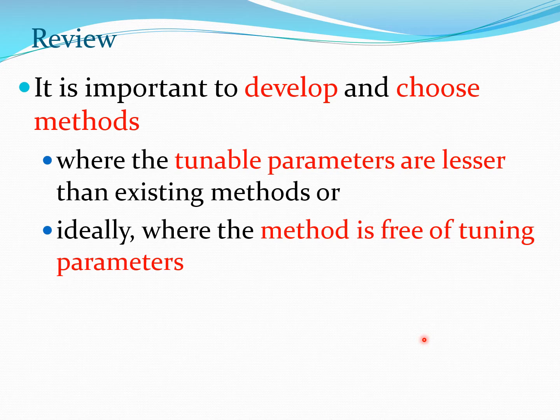Now, one of the things to keep in mind when developing any kind of new method or choosing new methods is whether the number of tunable parameters is lesser than existing methods or not. So we typically see that most of these methods have tunable parameters, and actually the lower the number of tuning parameters, the better this method is going to be for a broad class of problems. Now, the perfect heuristic stochastic method would be one which would not need tuning parameters, and we are not at